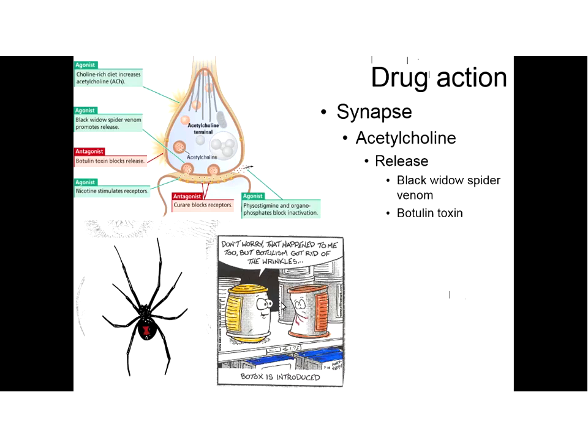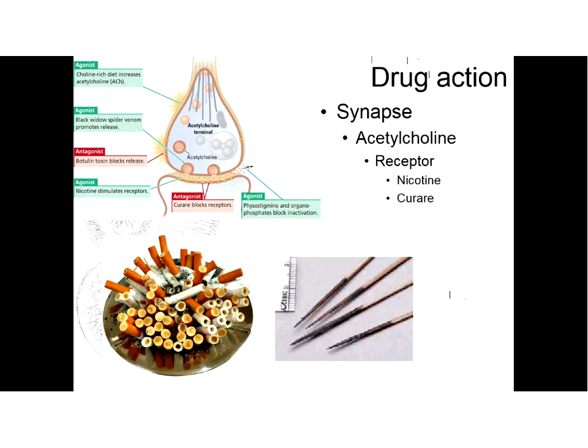So that's release. We've talked about synthesis. We've talked about release. We can talk about receptor action. And two good examples of both an agonist and an antagonist are nicotine and curare. That means that if we were to smoke a cigarette or chew some tobacco, ingest nicotine in some fashion, wear a nicotine patch using a different route of administration, what's going to happen is that it's going to bind to those acetylcholine receptors and function much like acetylcholine would in that receptor, having its effect on the